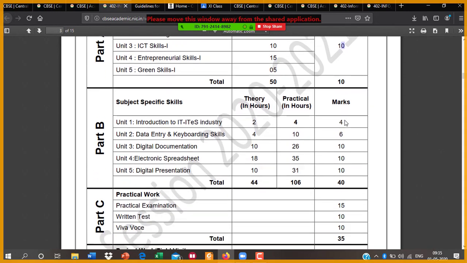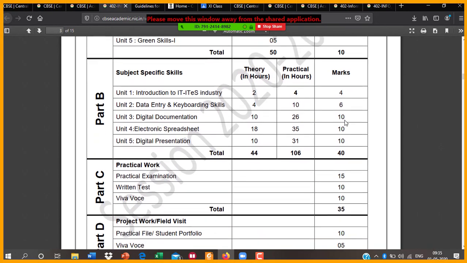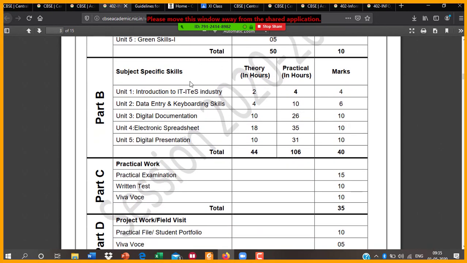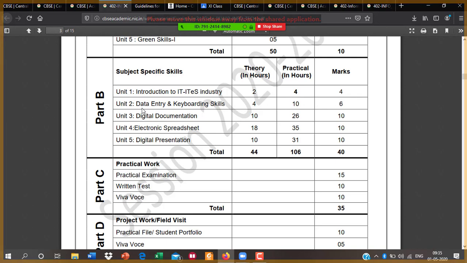And now discuss part B. This is the main part of your curriculum: subject specific skill. Unit 1, Introduction to IT and IT industry, has 4 marks. Unit 2, Data entry and keyboard skills, has 6 marks.